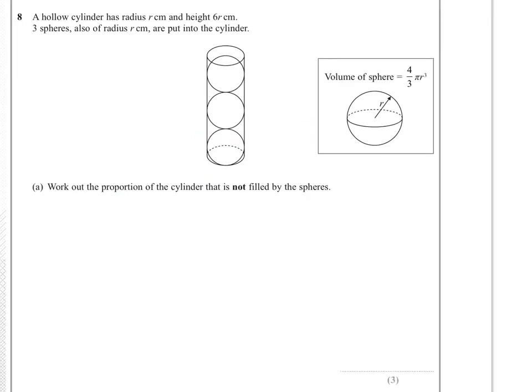Question 8. A hollow cylinder has radius r centimetres and height 6r centimetres. 3 spheres, also of radius r centimetres, are put into the cylinder as shown in the diagram. We've got to work out the proportion of the cylinder that is not filled by the spheres. Okay, so the cylinder,